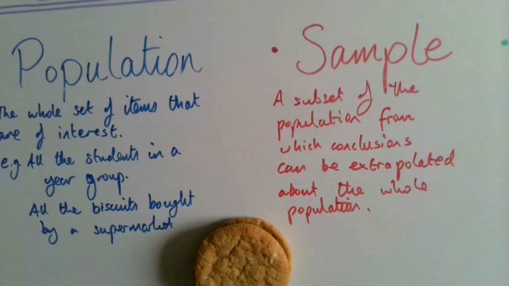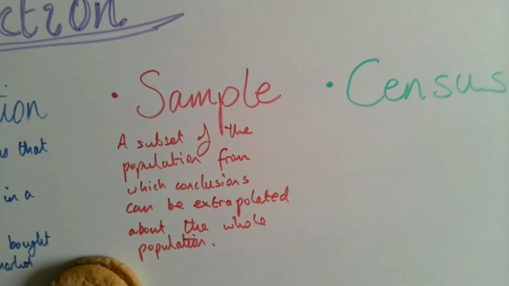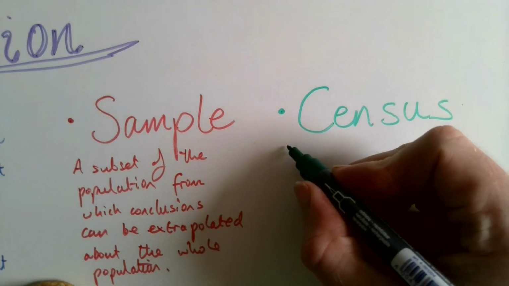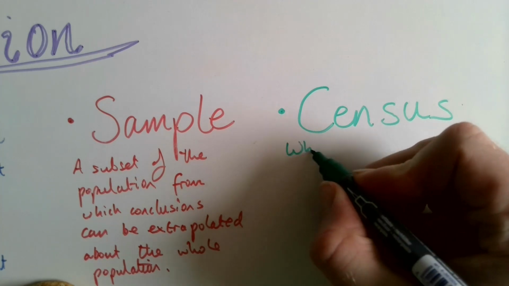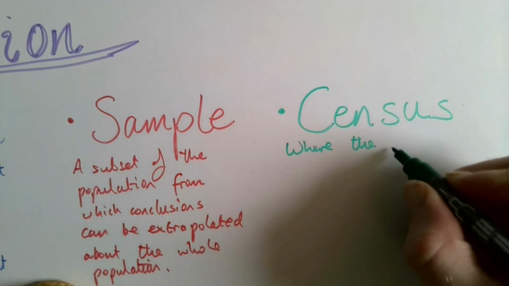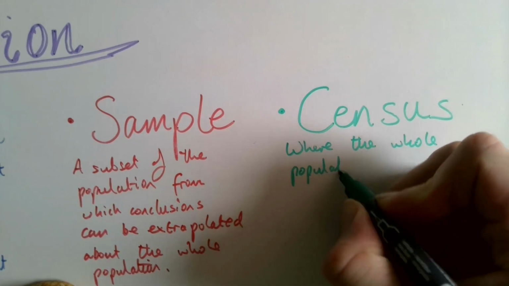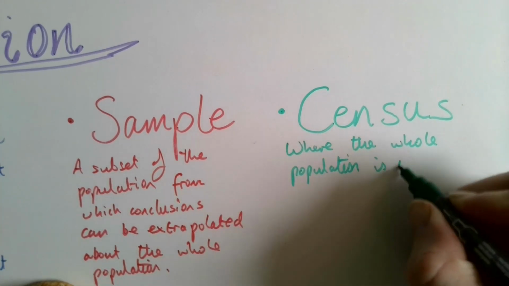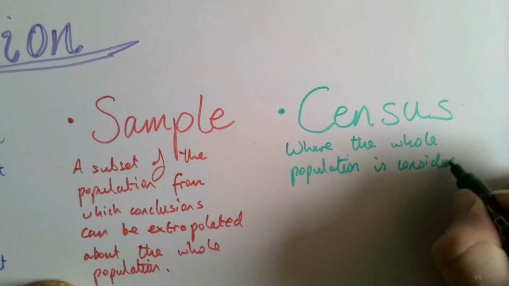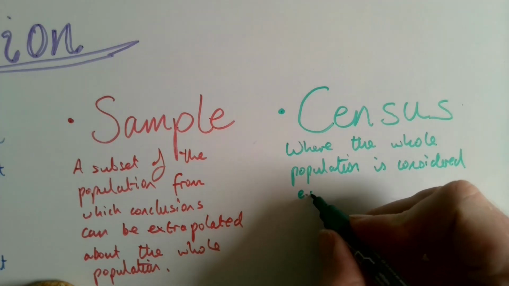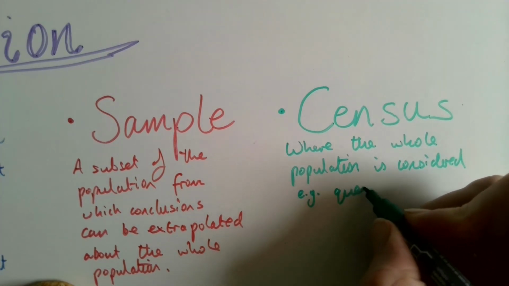And the last word that we had was a census. So a census is when we get results on the whole population. So it's where the whole population is considered in the same way that a sample has been. So it may be a questionnaire,